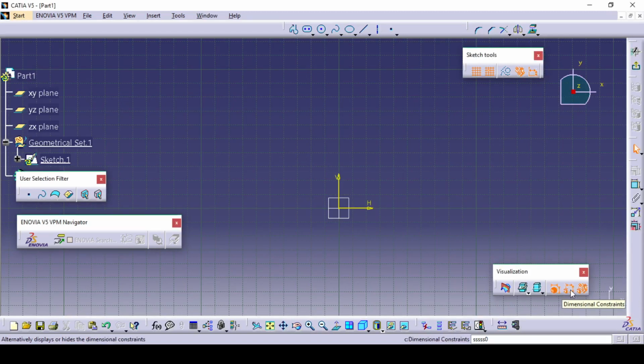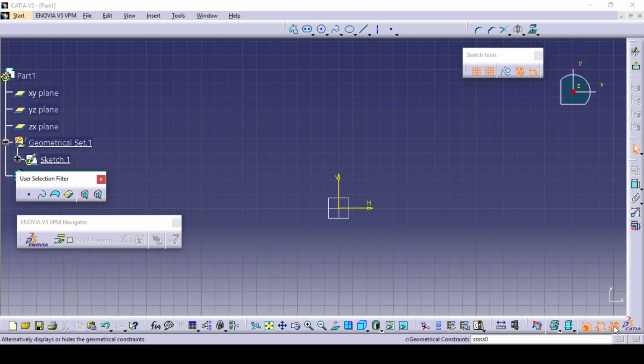You don't have to keep them off, because these are required. So the last 3 options of the visualization tools should always be on, and these 2 options, including snap to point, you can keep off, and otherwise if required you can keep them on. The geometrical constraint and the dimensional constraint should always be on. So in this way we can work with sketch tools inside CATIA V5.